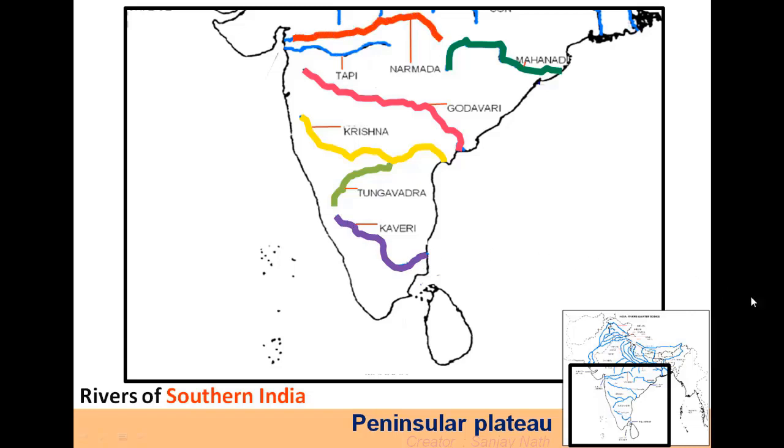Now we'll mark the rivers of western coast of India. The Narmada River, as you can see, it has been highlighted with red color. It originates from Amarkantak Plateau. It flowed towards west direction and it drains into Arabian Sea. Followed by Tapi River. Tapi River has been showed with thick brown line, originates from Satpura ranges and it flowed towards westwards, and both the rivers drain into Arabian Sea.